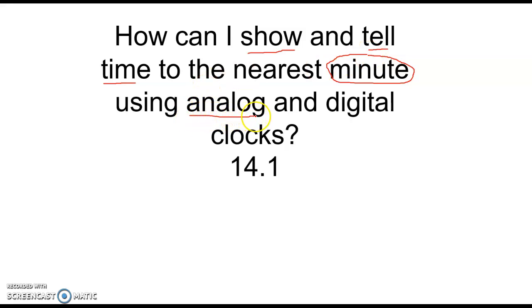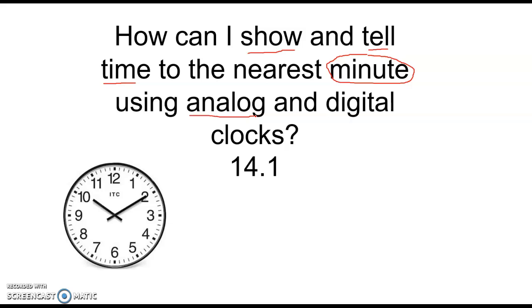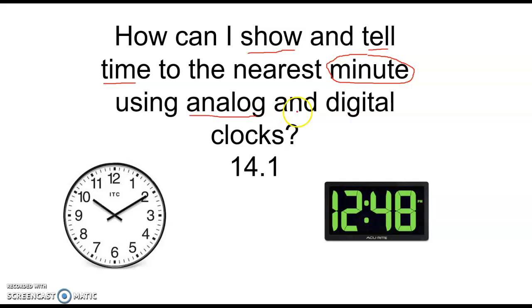We have analog clocks. This is an analog clock. You've probably seen one in your classrooms in the past. You might see a watch that is an analog clock. You might have a clock hanging on your wall. Maybe you have a grandfather clock. And we'll also be using digital clocks. This is a digital clock, and this is probably what you're most used to. You might see that on your oven, on your microwave, on your cable box, on your cell phone, your iPads,